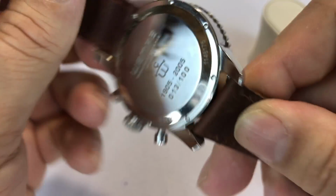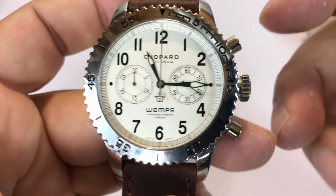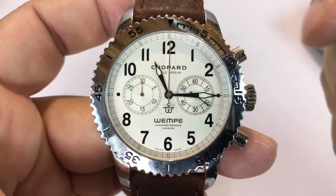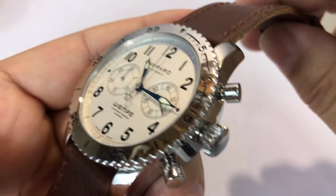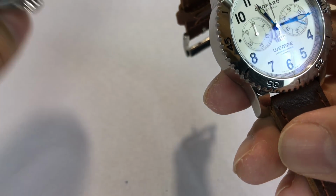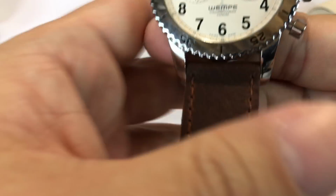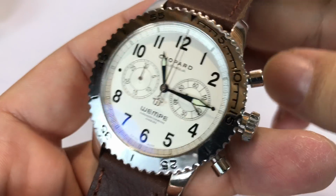And what they did with IWC and I think Rolex and a bunch of other brands, they had a handful of watches that they sold for that event. Now this is the only one, as I can remember, that seemed to be like a full-on unique watch. I may be wrong about that, but most of them were just a rebrand of an existing watch. Like this Aquaracer looks just like every other Aquaracer out there. The only difference would be the logo that's printed on the front. And if you owned a company like SpaceX or something, you can go to TAG Heuer and have them print your company name on there as a promotional. No big deal. But this one was really very different, I think, from the other Chopards out there, and